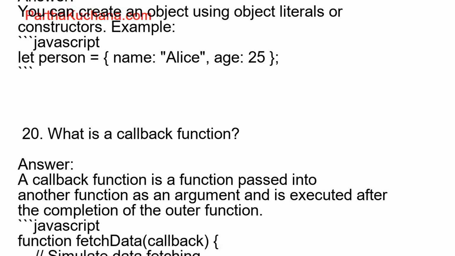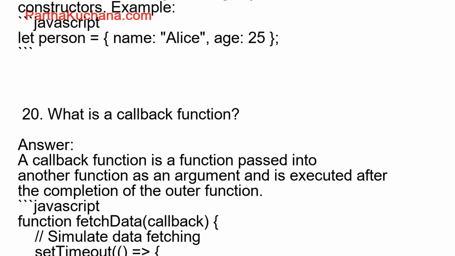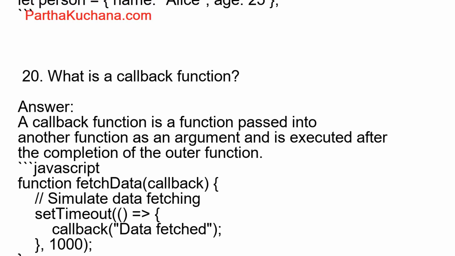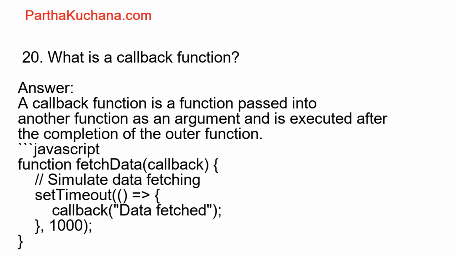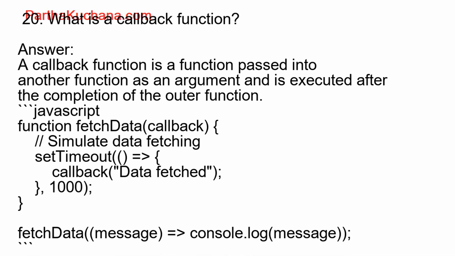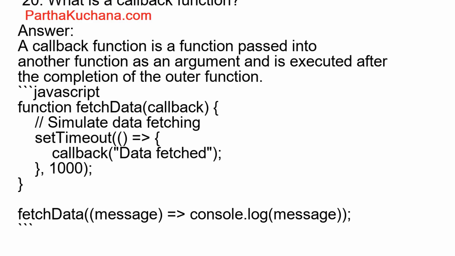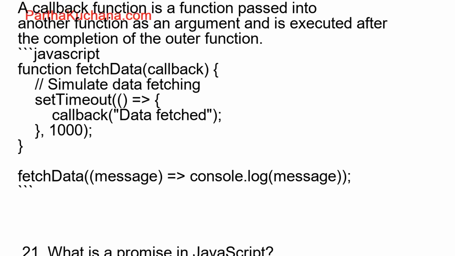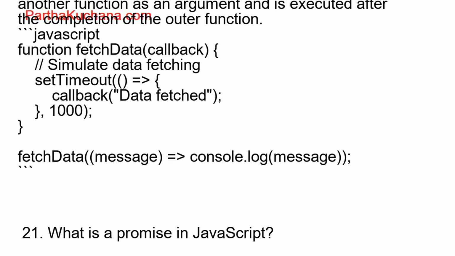21. What is a promise in JavaScript? Answer. A promise represents a value that may be available now, in the future, or never. It is used to handle asynchronous operations. JavaScript. let promise = new Promise((resolve, reject) => { // simulating async task. resolve("Task completed"); });